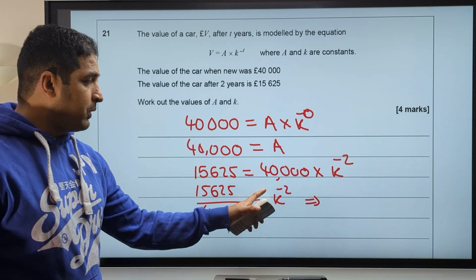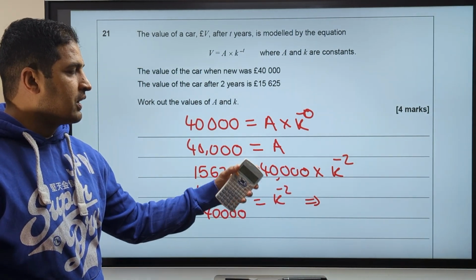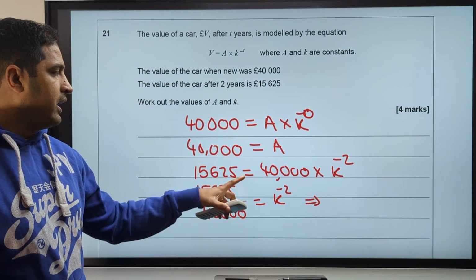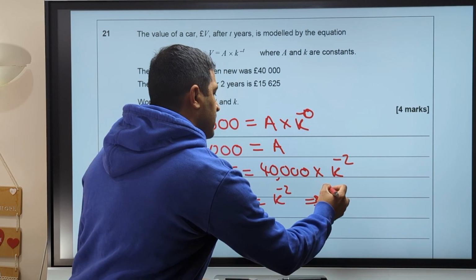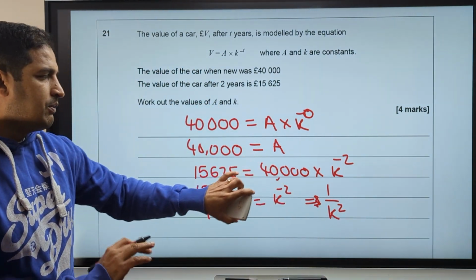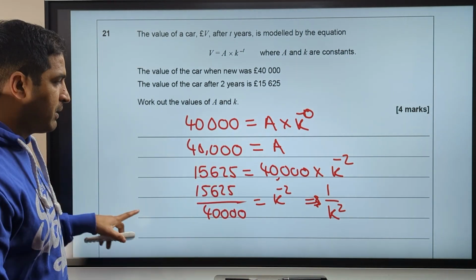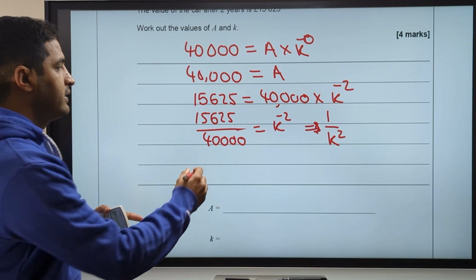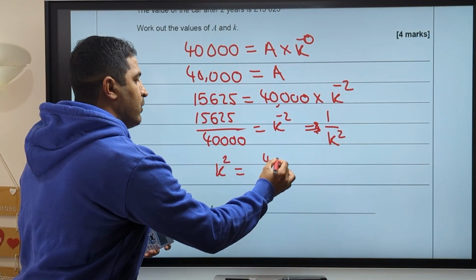Another way you can look at it is saying, okay, if I wanted to change that to the positive 2, you can write that as 1 over k squared. That's k to the power negative 2. If you flip both of them over, then you can get the positive power rather than the negative power. So you can actually work with that, saying, okay, k squared is 40,000